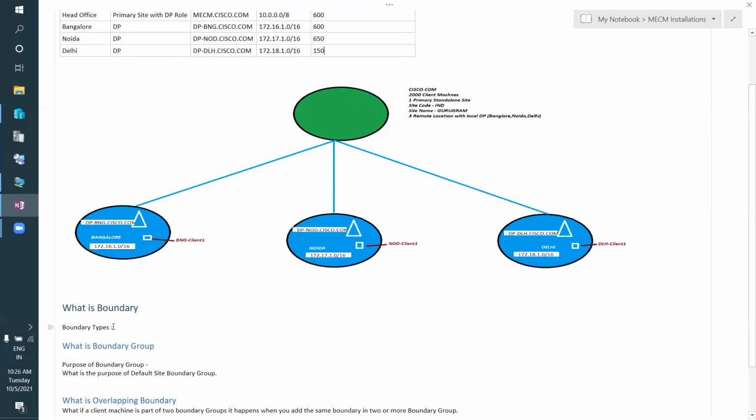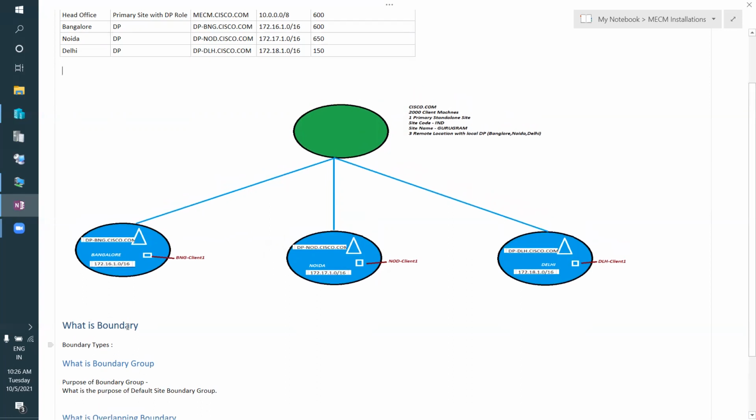So this is the prereq. If we want to install an SCCM client agent on a machine, the first thing is that the machine should be in a boundary. There are some types of boundary available. A new type of boundary is introduced in the latest current branch, so now in total we can create 5 types of boundary. Let me write them here.